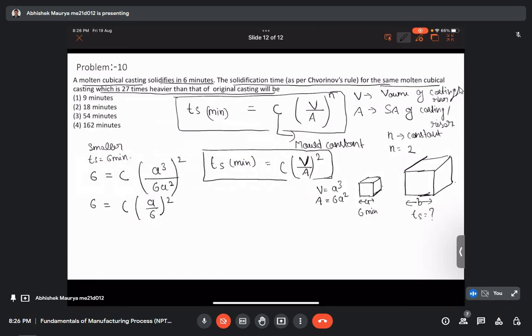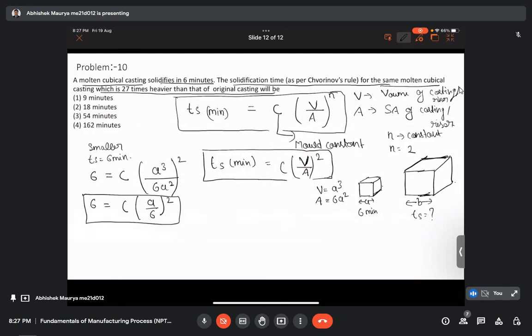So this is the equation which we have got, where we don't know C, and we have assumed the length of side was a. But now let's try to write down the same type of equation for the bigger one. But what information do we have? We know that the